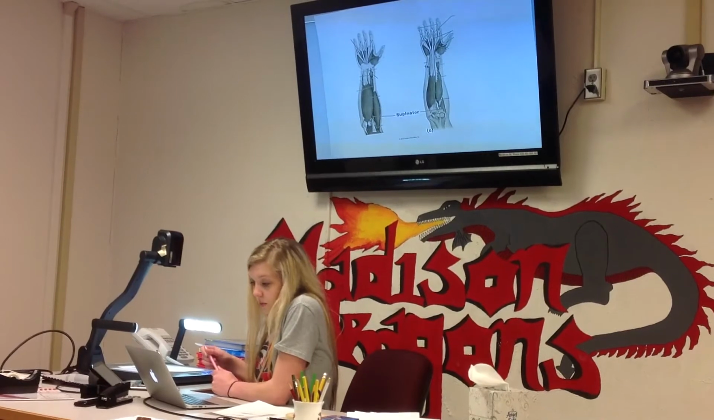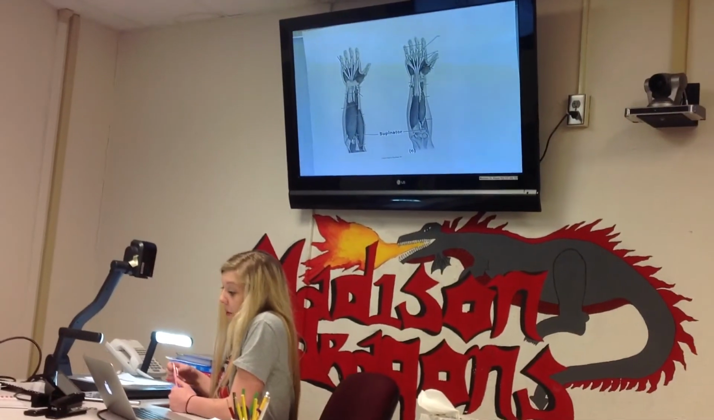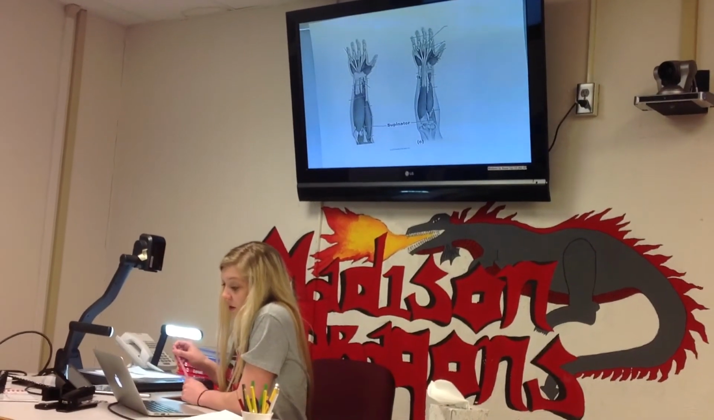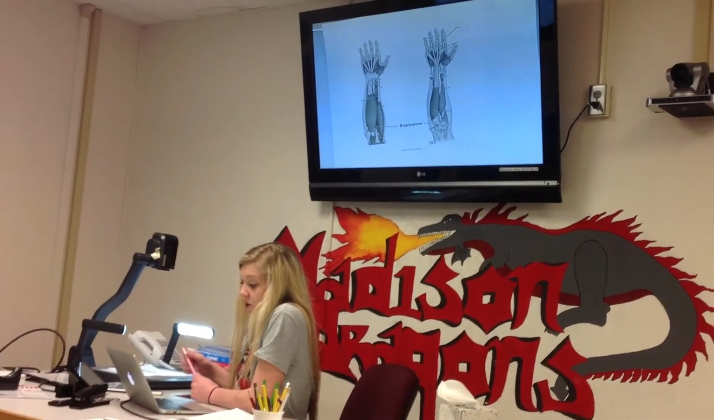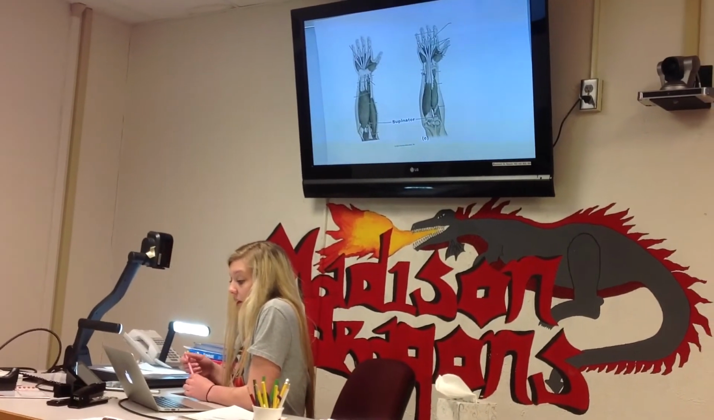The origin of the supinator muscle is the lateral epicondyle of the humerus and the crest of the ulna. The insertion is the lateral surface of the radius. The action is rotates the forearm medially and pronates